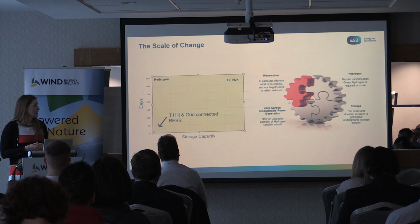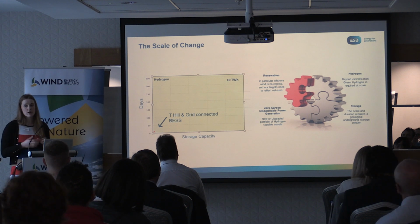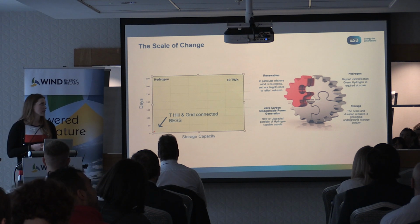And let's talk about the net zero compatible storage that we have on the system today. You see on the graph here on the left, it's a very small contribution comparative to where we need to be in terms of that tens of terawatt hours of hydrogen to provide the resilience to the system that would be required. And obviously, to have the hydrogen, you need to have the renewables there also to cater that need,